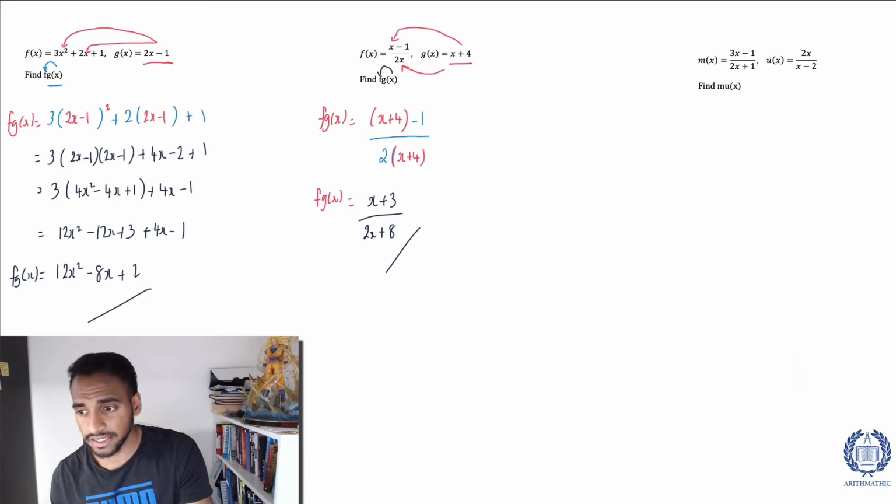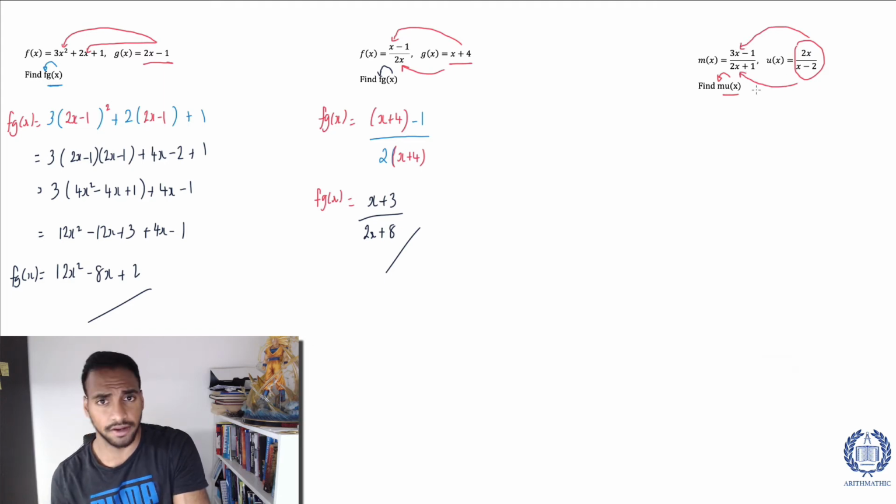So mu x, again, this time we're going to take our second function, which is u, and we're going to sub that inside the first function, which is m. So essentially, all of this 2x over x minus 2, I'm going to sub that inside where I see x, which is here, and on the bottom here, right? So what we'll have essentially is, I'm going to put some space here, mu x equals